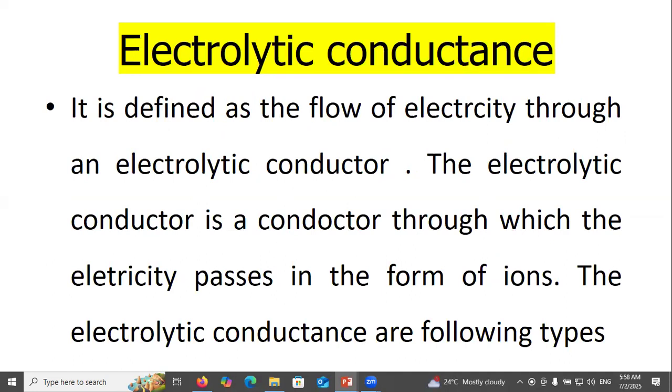Electrolytic conductance is defined as the flow of electricity through an electrolytic conductor. The electrolytic conductor is a conductor through which the electricity passes in the form of ions. The electrolytic conductance is of the following types: